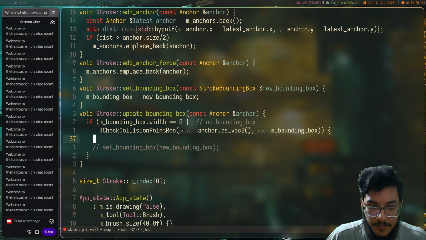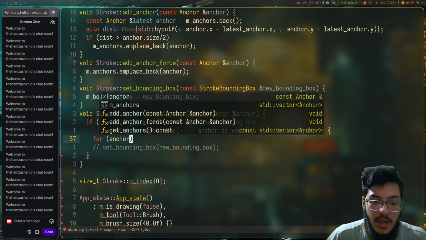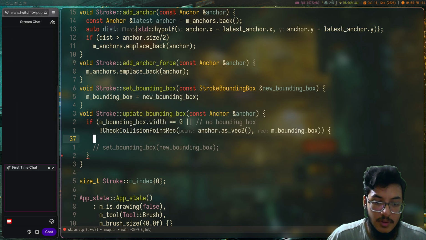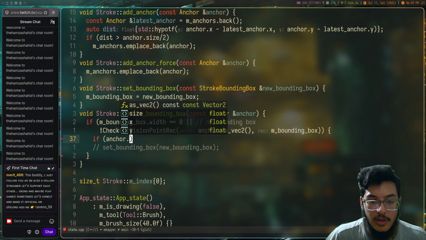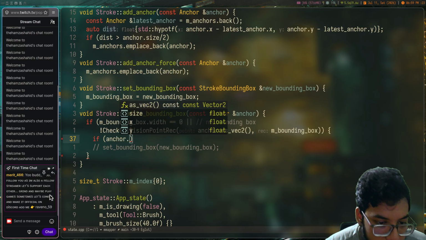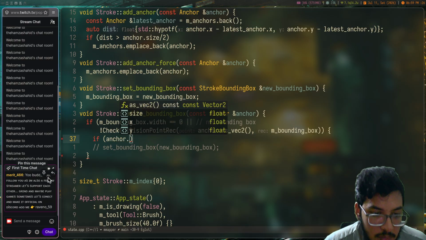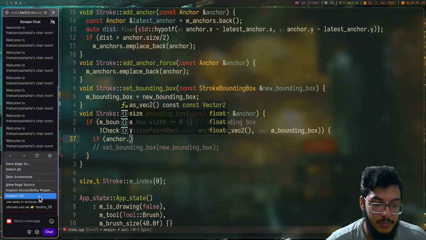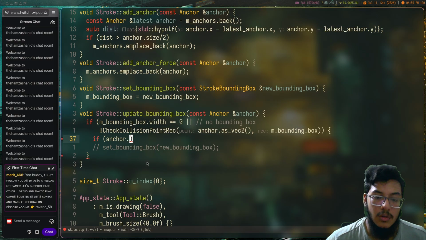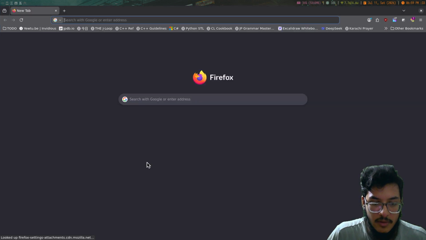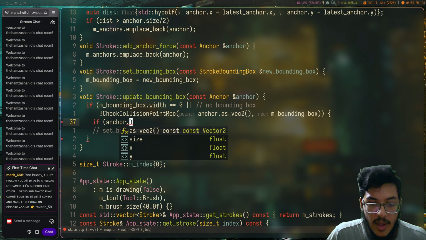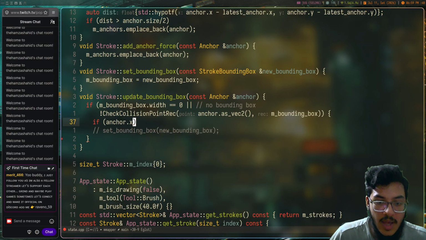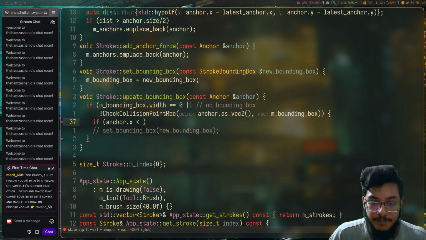So for anchor, so if anchor, no, if anchor dot, what a bot, bro. Like even using the fonts, that's so crazy. If anchor dot x is less than